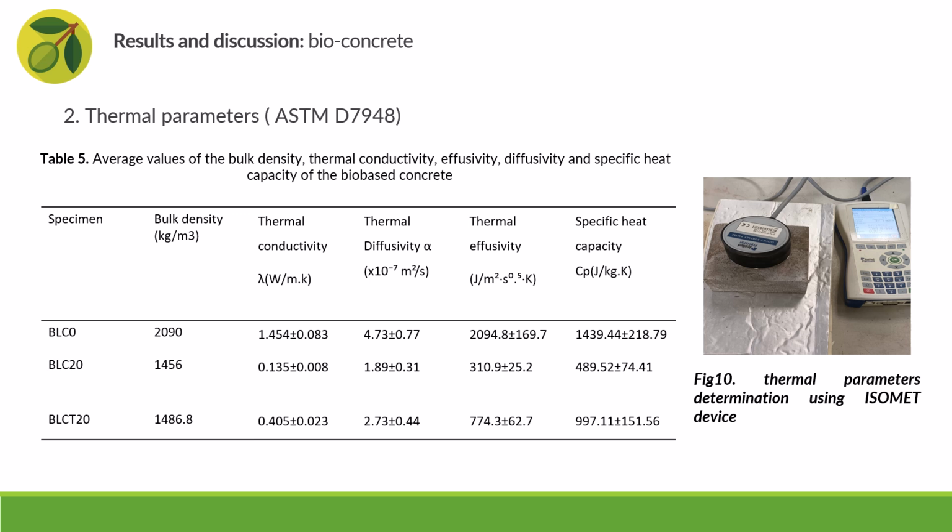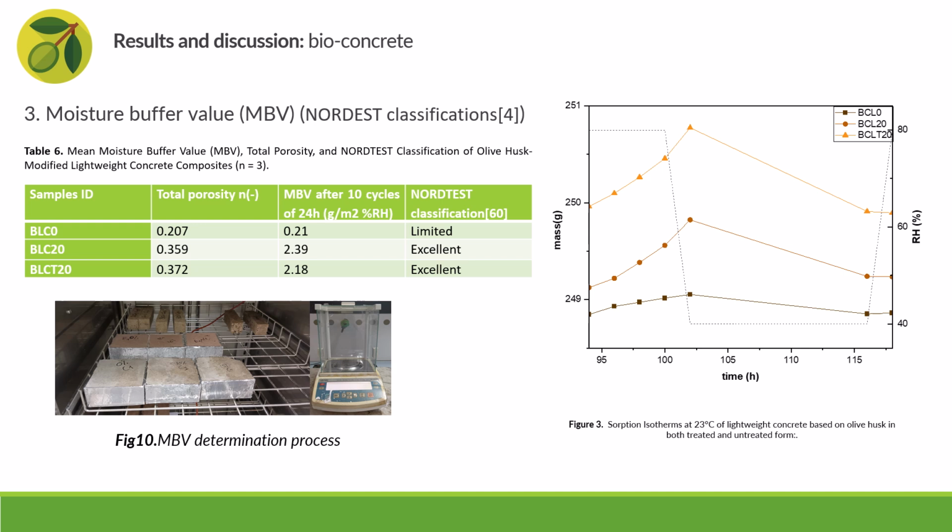So in summary, untreated husk concretes prioritize thermal insulation, while treated husk concretes offer a better balance between insulation and thermal storage capacity. The buffer capacity of the concretes was evaluated according to the Nordtest protocol. The reference mix without the olive husk exhibited very limited buffering ability with an MBV of only 0.21, classifying it as limited. In contrast,